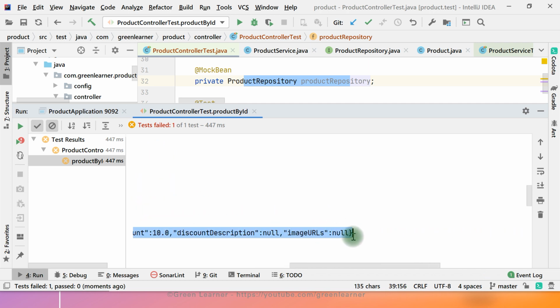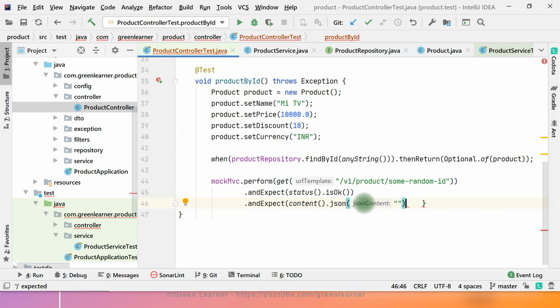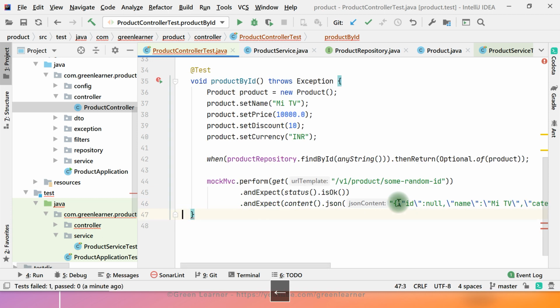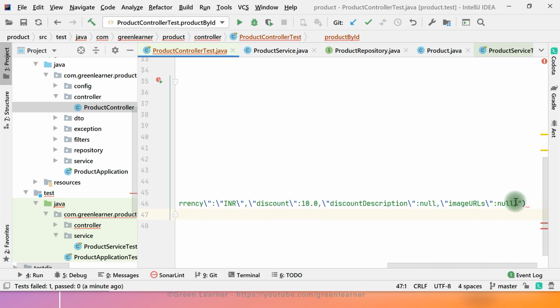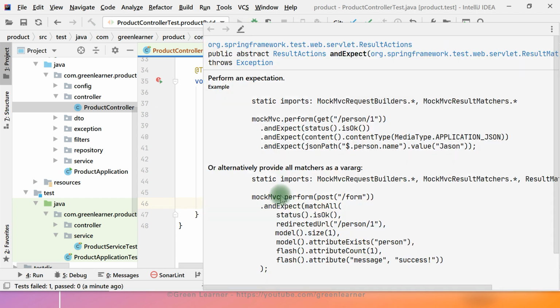So this is small, we're good here. So JSON, and I just had to add an extra line, paste it here. I think one semicolon is missing here. Oh no, one bracket should also be there. Yeah, now it's fine. Now if you run this again, it is going to pass.